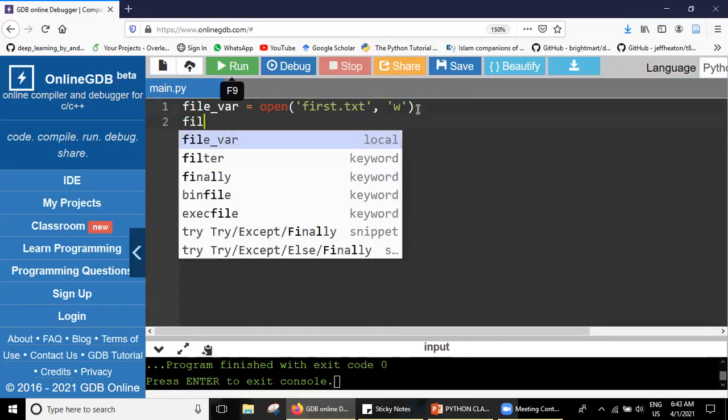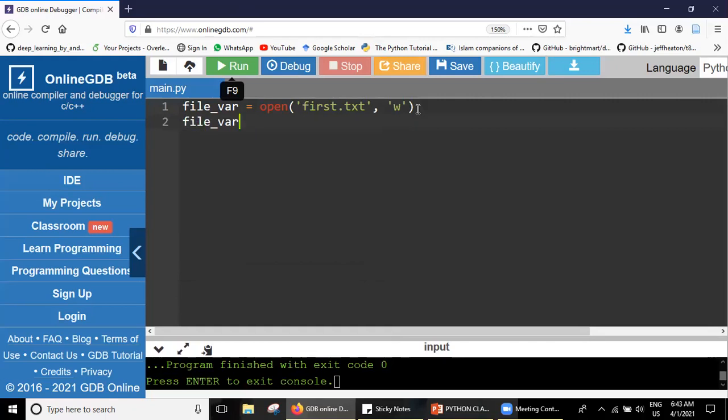What is our file object here? File variable dot. We have the function or method called write, which will help us to write to a file. We don't have to use print here. We have to explicitly use the write function to write something in a file.